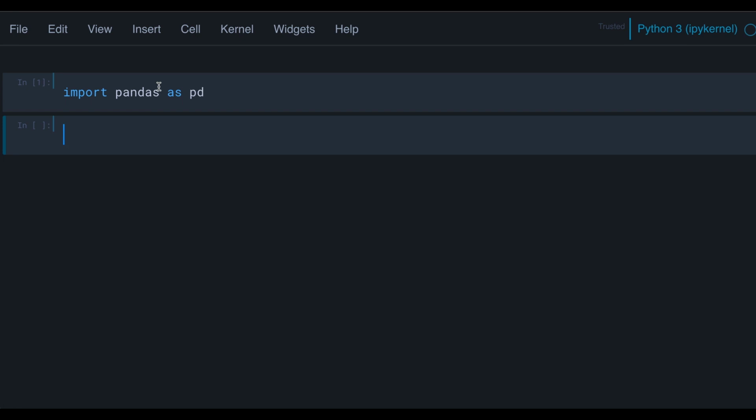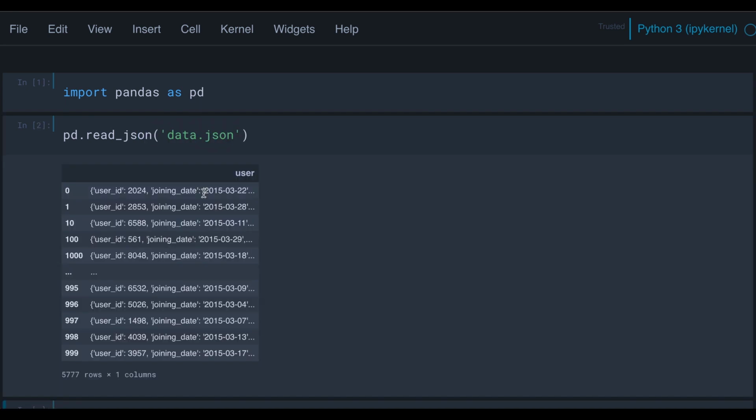Alright, so we can look at a particular example of how we can take some messy JSON data and clean it in one line of pandas code so that it's ready for analysis and we can do further pre-processing with it. So what I'm going to do is read in a JSON file with pandas.read_json, and the name of the file is data.json, and what you're seeing here is a single column called user,